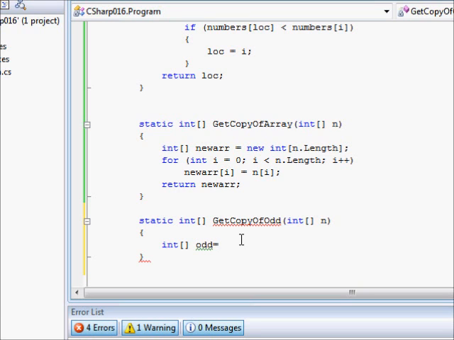Now the first question is, how many odd numbers do you have in your array? The answer is you don't know. Worst case scenario is 0. You have no odd numbers at all. And best case scenario is that all the numbers are odd numbers. So what should you do? Well, basically you assume the maximum possible case, which means that you pass an array and all the numbers are odd numbers. And if you think about it, it's like